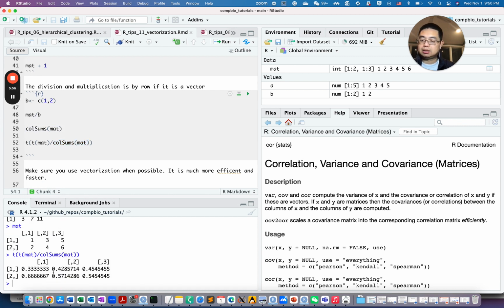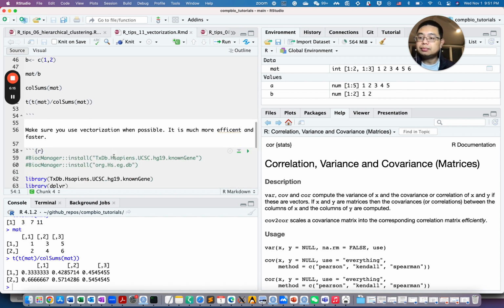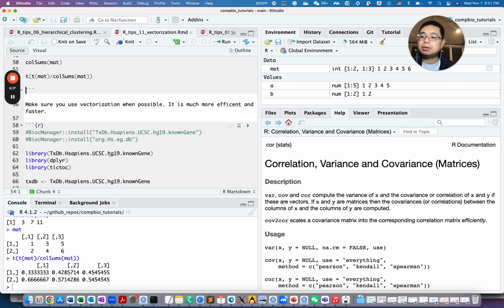So then you get this. This column divided by 3, so it's 0.33. 2 divided by 3 would be 0.66. So that's kind of a tricky part. You want to make sure you understand when the operation is by row and when the operation is by column. Now let's give you an example of genomics